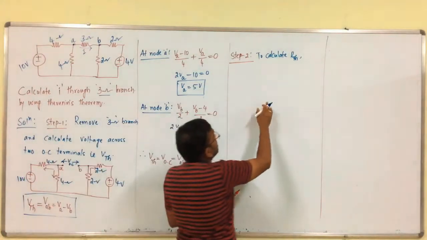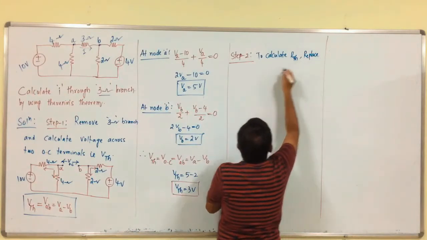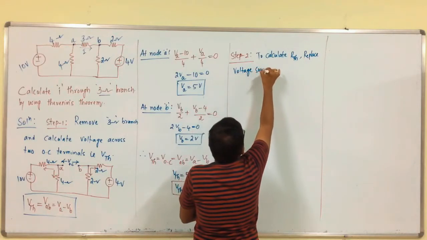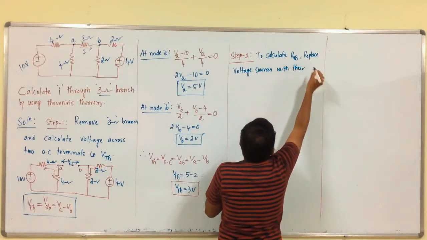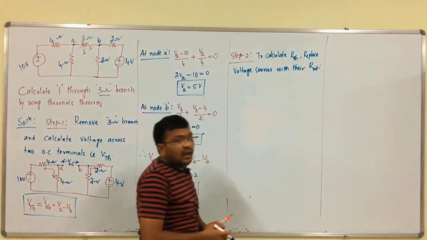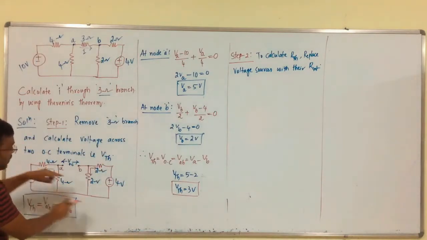To calculate RTH, replace voltage sources with their internal resistances, then the circuit becomes what? Short circuited,